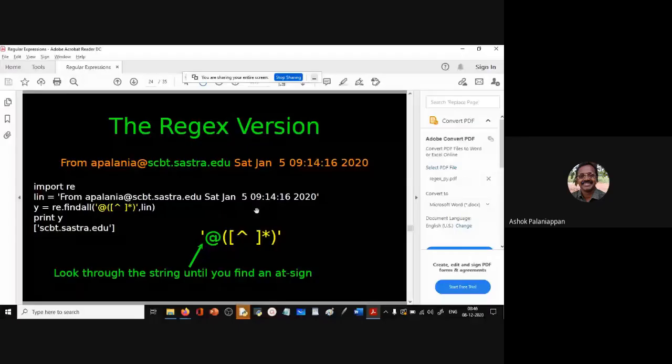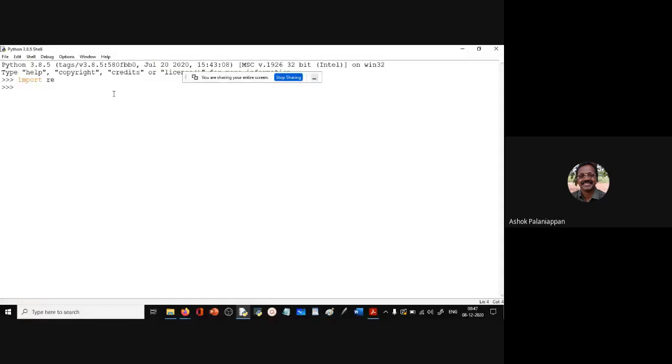So let's first take that this is our string of interest. So let me define some, first let's import the re package. So we'll do this at the Python console. So import re, that is the library for the regular expressions. Let us first define the string that we'll be using for the rest of the class. So that string is s is equal to, and let's say from, and give your own email address here.